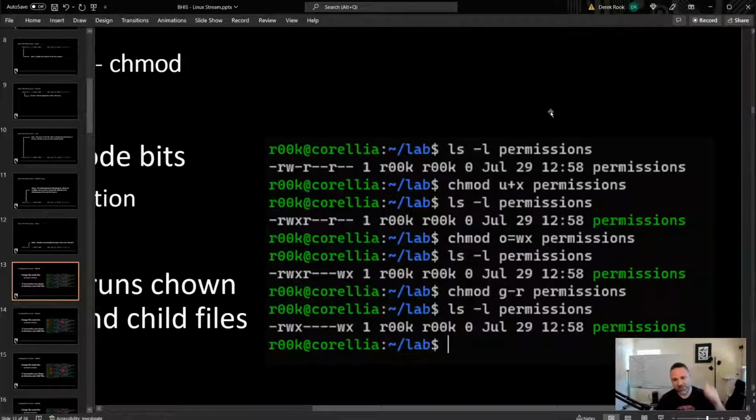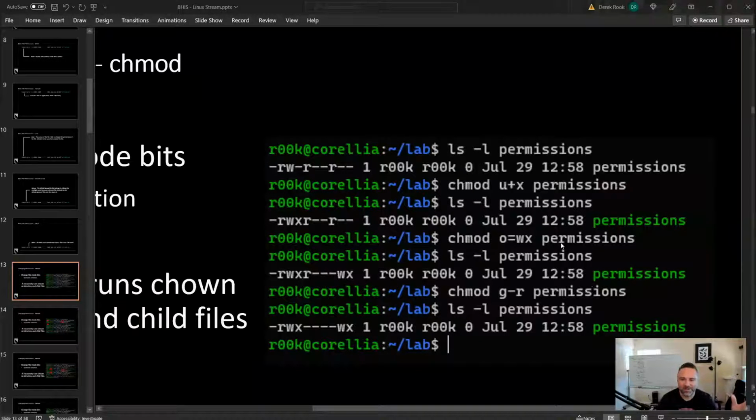Earlier I said you've got the user, the group, and then other. You can use U for user, G for group, or O for other to target specific permissions. If you're using U, you're only targeting the first three permission bits. If you use O, you're targeting the last three permission bits. And if you use G, you're targeting the middle three permission bits.